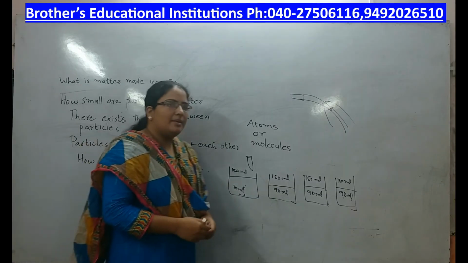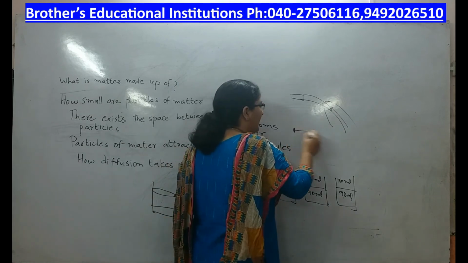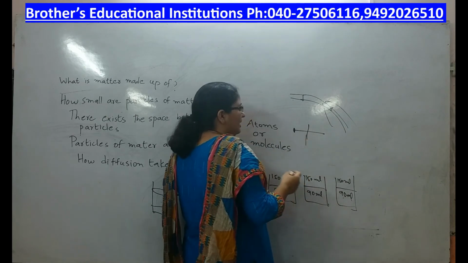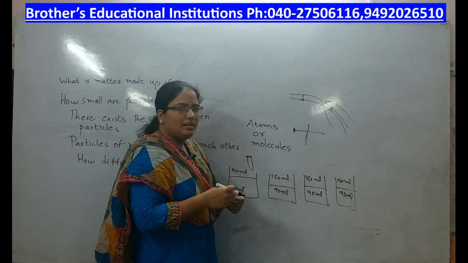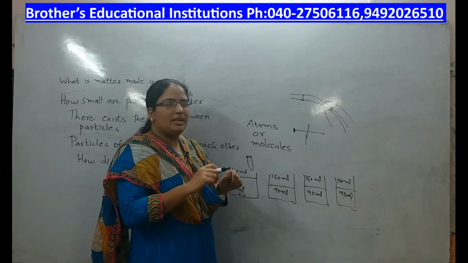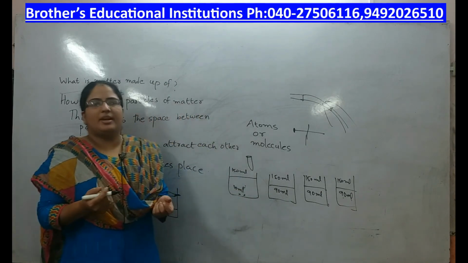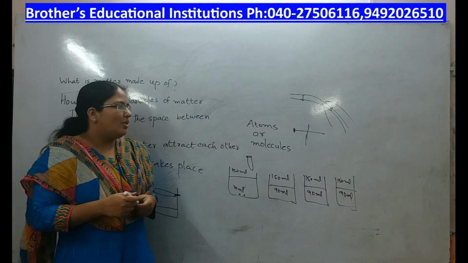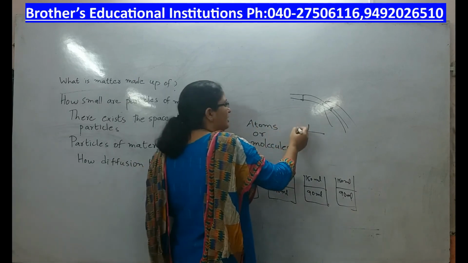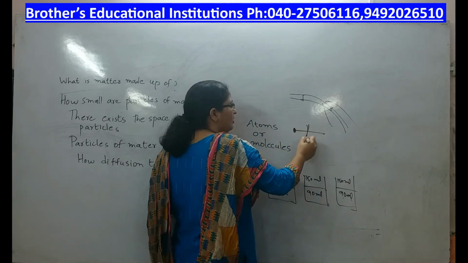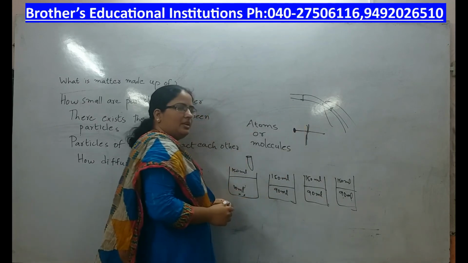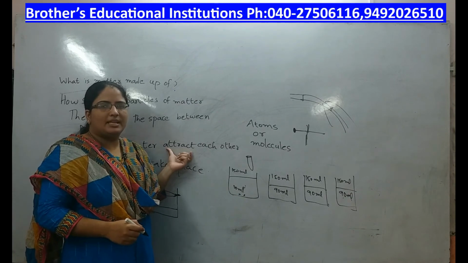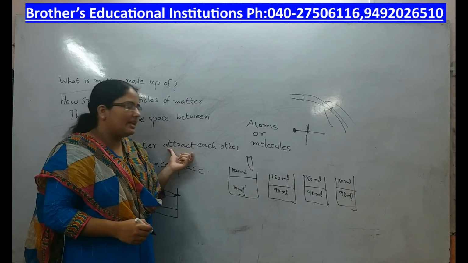Now, take a piece of iron nail and try to break it with the help of a hammer. As you break this, can you rejoin it once again? No, it is very hard to rejoin. Similarly, break a piece of chalk and try to rejoin. Can you rejoin it once again? It is not so easy, because you have broken the strong forces of attraction that were present between the particles. So this shows that there exists some force of attraction between the particles of solids, liquids as well as gases.